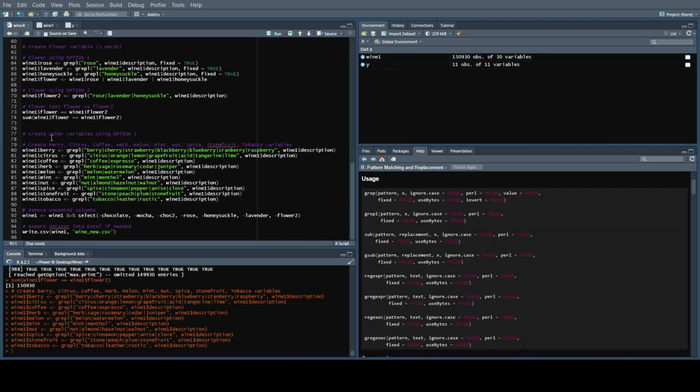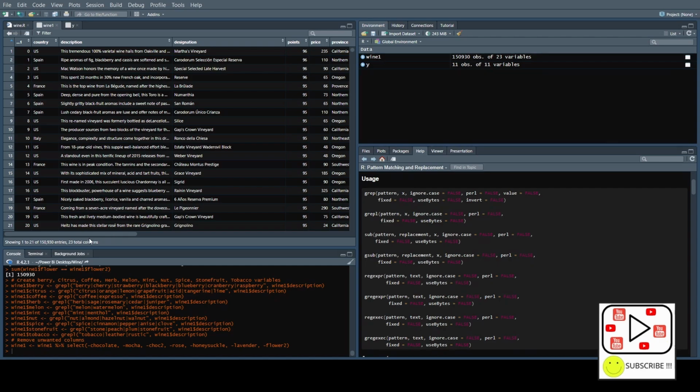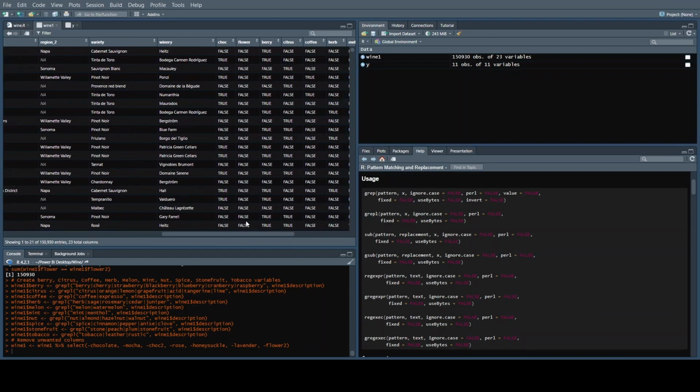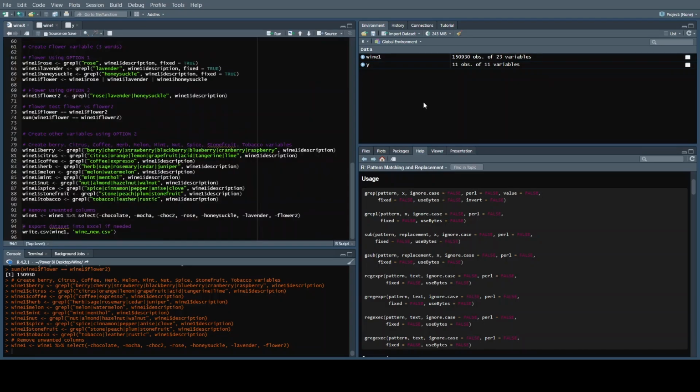Now that we've created all the binary flavor variables, we've come to the last bit of this exercise. Next, we're going to remove all unwanted columns, and then we're going to export the dataset into a CSV file for other analysis. So let's run the code to remove unwanted columns, and let's go ahead and double check. So indeed, we have all the other chalk columns and flower columns removed. And now let's export it to a CSV file,